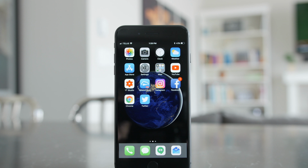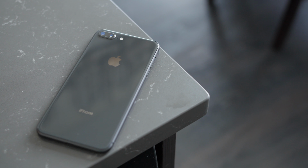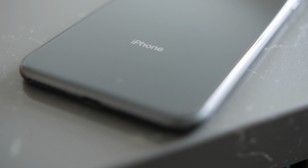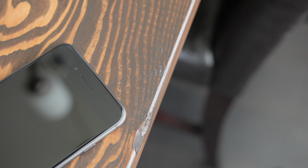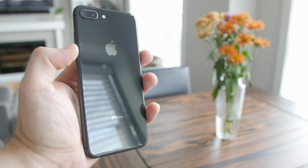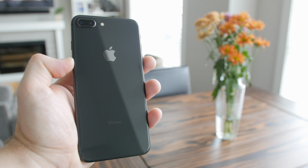I mean, it pretty much checks off all the boxes now. We've got a nice glass back, which allows for wireless charging. It's still got water resistance, it's still got stereo speakers, and now it even has fast charging, even though they don't include the compatible fast charging brick in the box. Assholes. But hey, at least since it's almost the exact same size as the iPhone 7 Plus, cases will fit perfectly, so, you know,